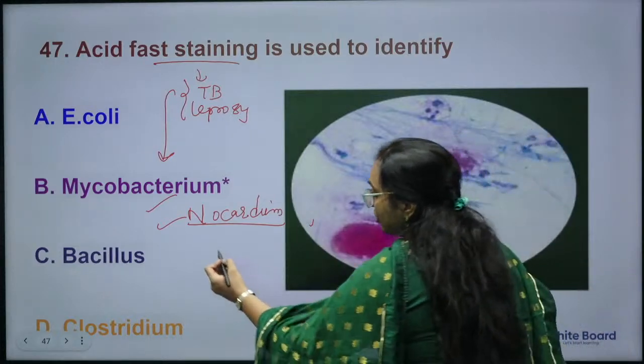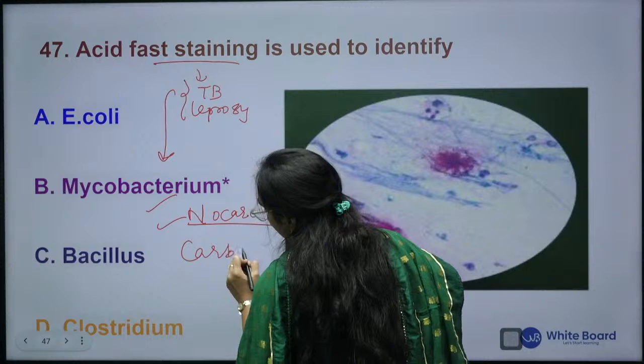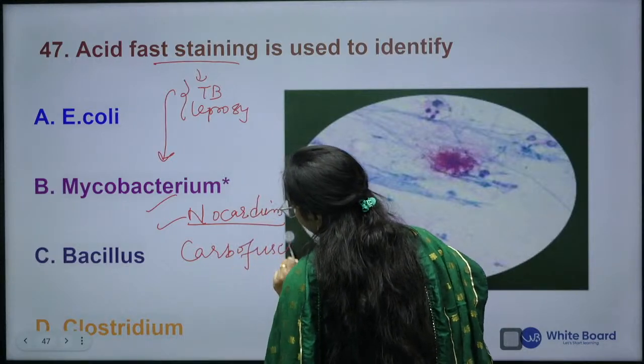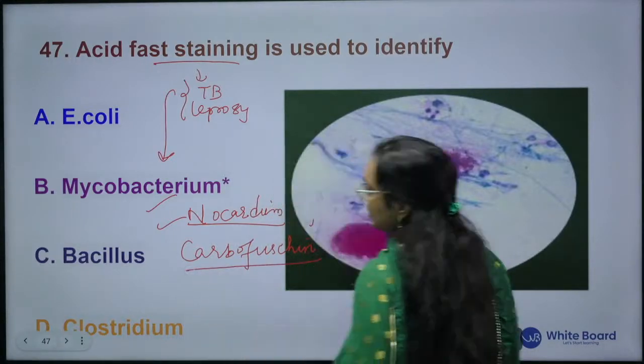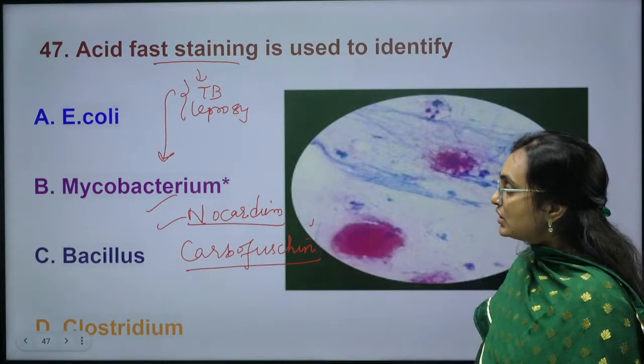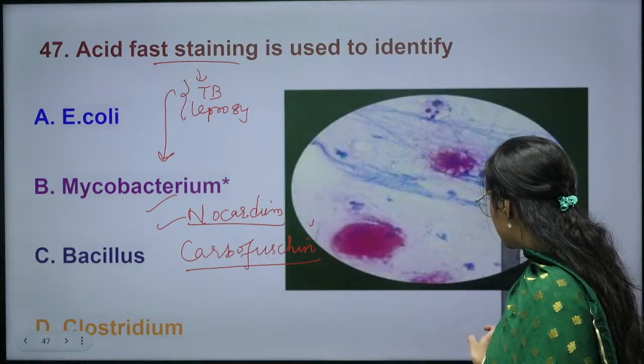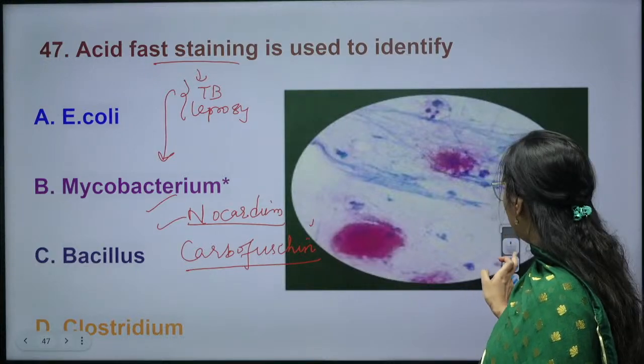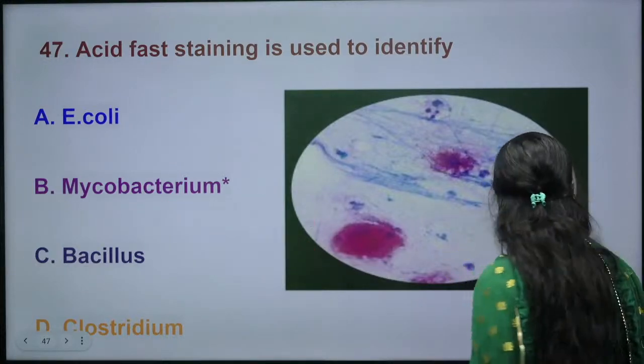In this we will use one dye called carbol fuchsin. Okay. With this staining is being done. Okay. So, here the answer is Mycobacterium, which is responsible for causing TB. Answer is B. Next one,